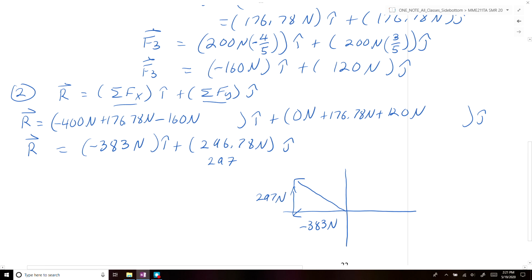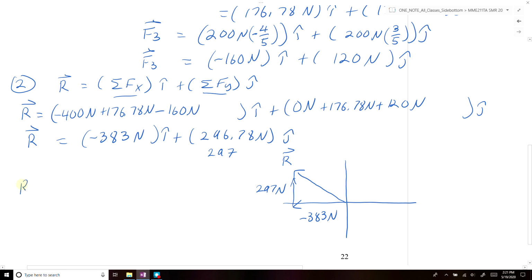Alright, so we want to know for our force vector R, what is its magnitude, and what is the angle theta